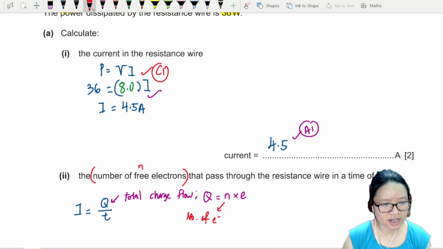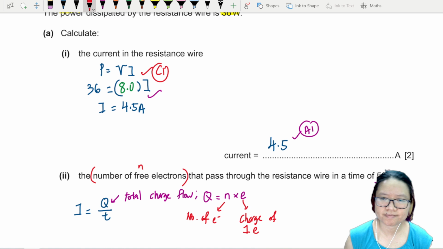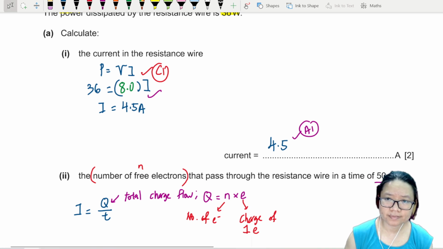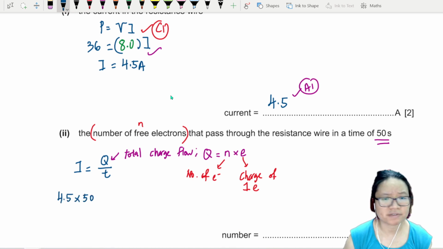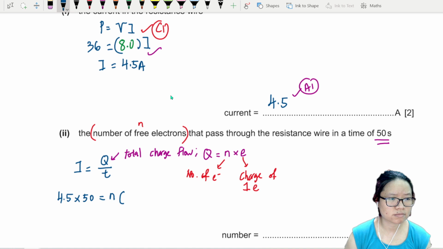And E is the charge of 1 electron. Okay, let's put it in. We know the current, 4.5. We can even multiply by the time, 50 seconds. We want to find the number. And the charge of 1 electron,